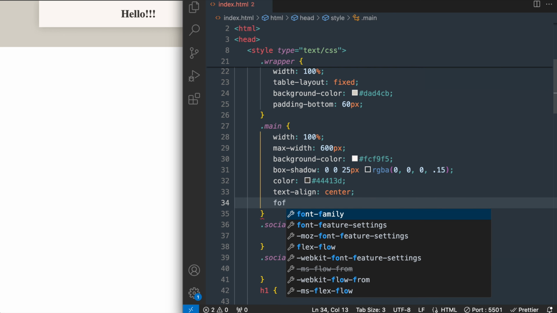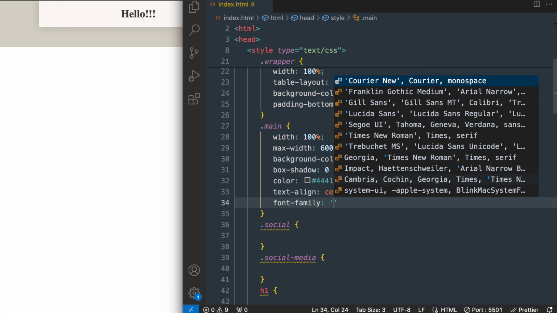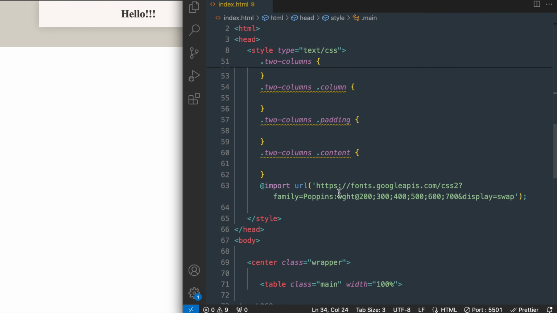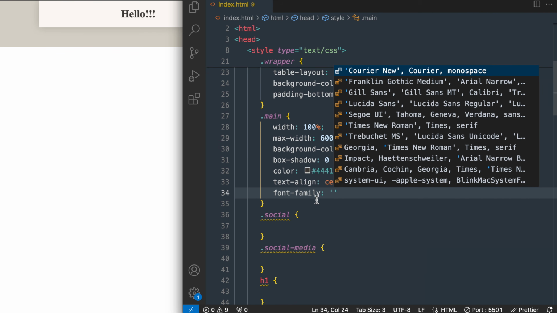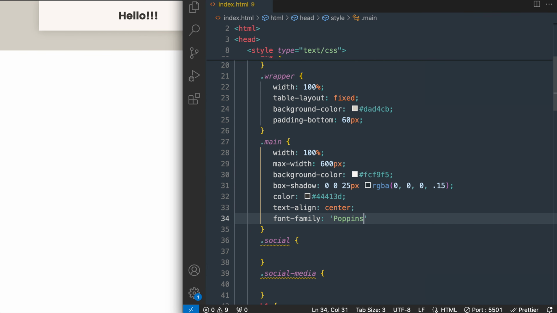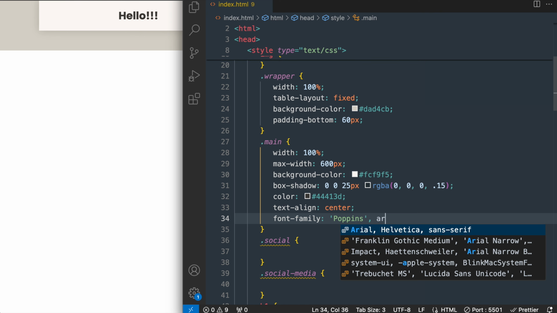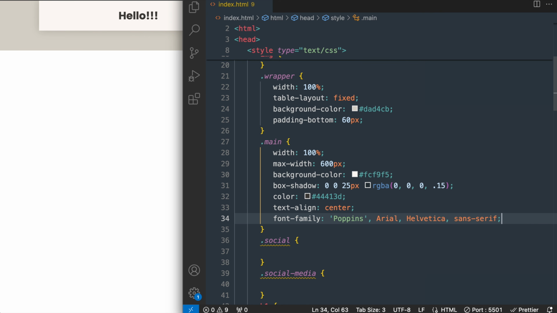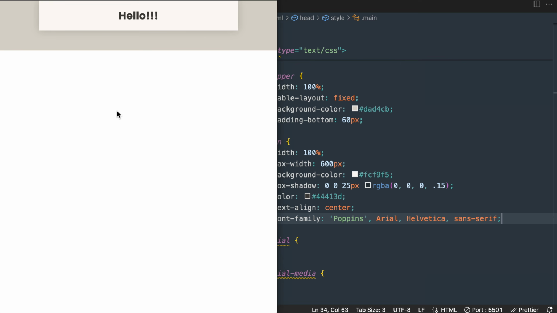to reflect the Google font that's added beneath, which is the Poppins font. So we'll just include that in a single quote. Then we can add a comma and add a fallback. So I'll use Arial, Helvetica, sans-serif, and there we have the Poppins font appearing in bold because it's a